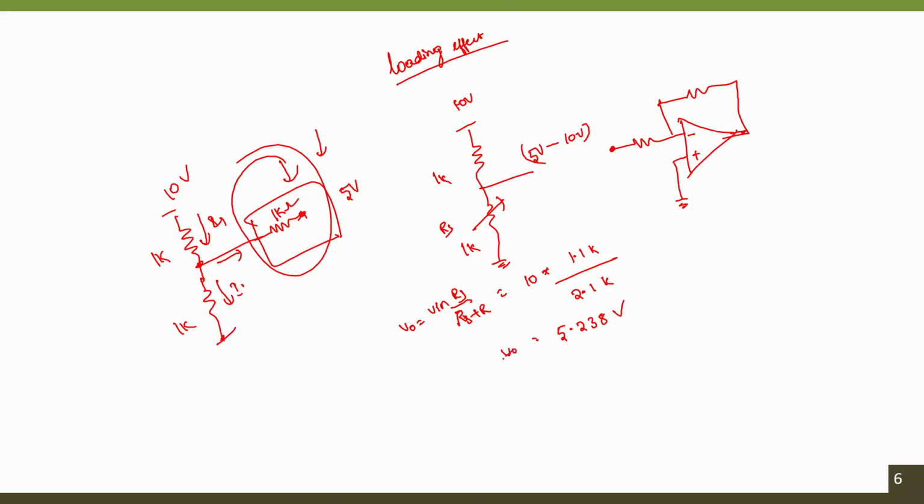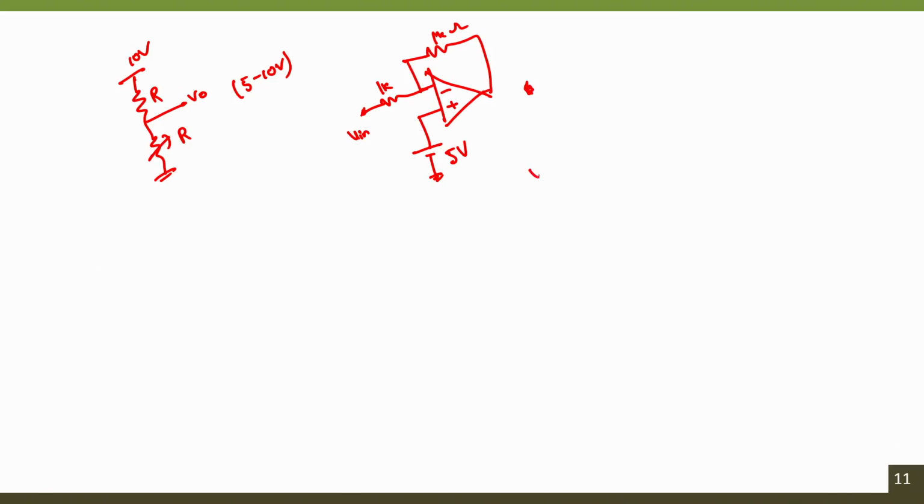Now say I want to offset it. One way of offsetting is, say if I connect it, this is 1 kilo, V naught. So, instead of connecting here with a ground, if I connect it to 5 volts, and say this is V in 1, what will be the effect? So, when we solve this, V in minus 5 divided by 1 k. Okay. So, just to solve this, I will consider input as VO1.